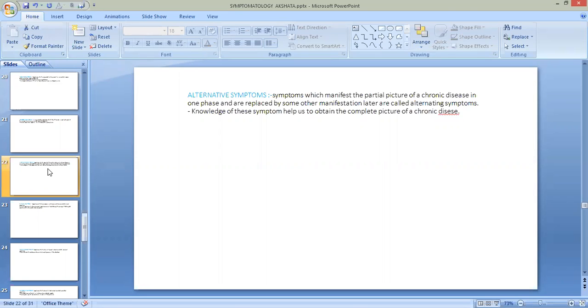So, what are alternating symptoms? Knowledge of these symptoms helps us to obtain the complete picture of chronic disease. So these are the symptoms which manifest